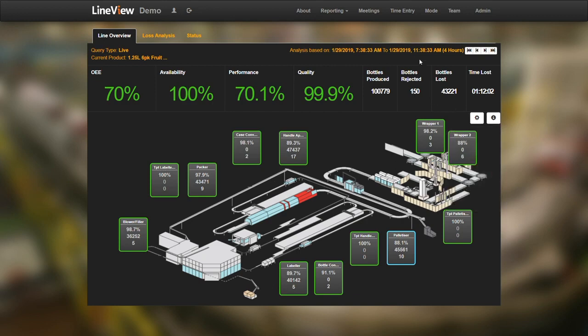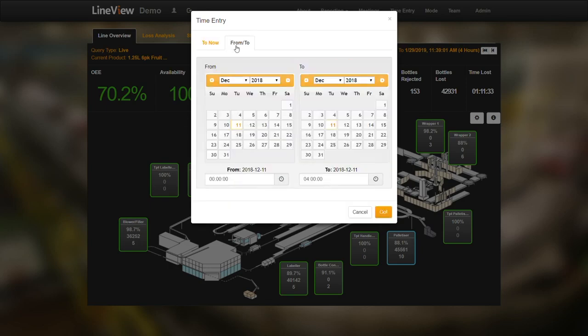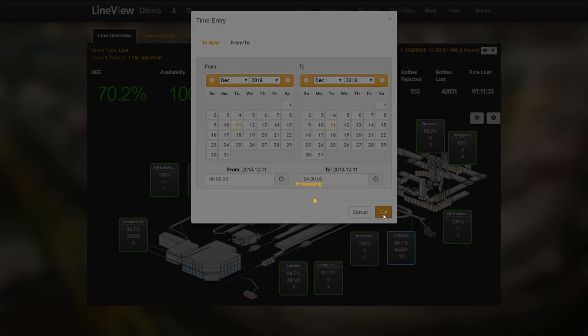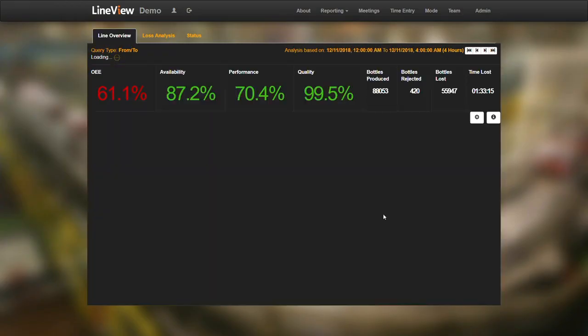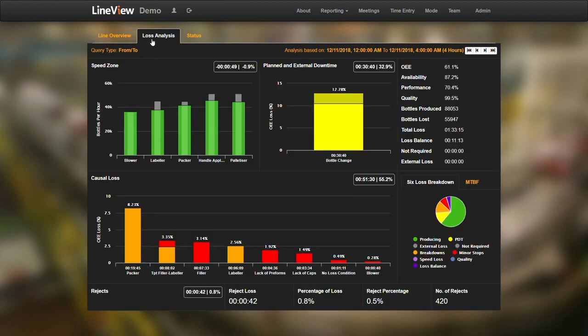At any point, you can change the time period being analyzed through the time entry menu. You can choose between static, live update, shift to now, or day to now. You can also choose between any two dates and times to analyze a particular period. In the 4-hour period now selected, around 40% OEE loss can be seen across the line, as well as some individual machine stoppages, but identifying which of them contributed to this loss is key, and this is displayed within the